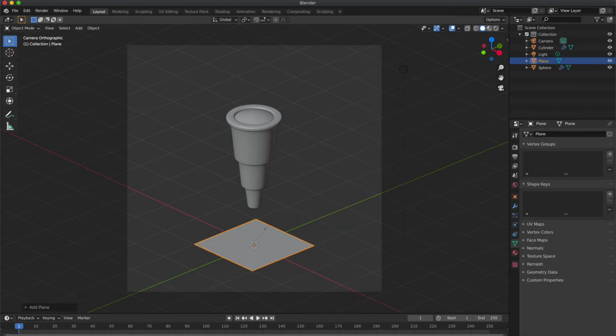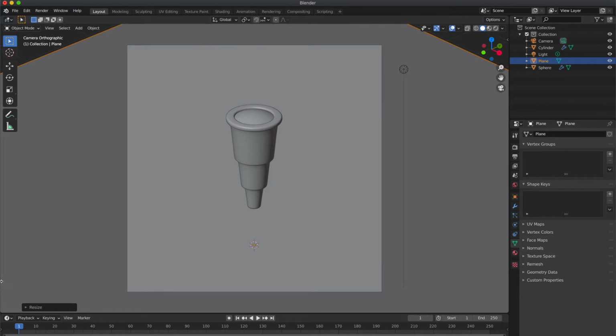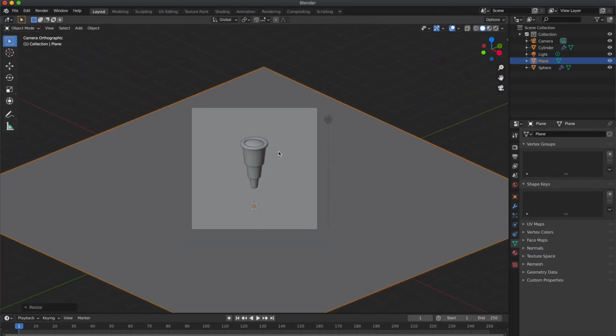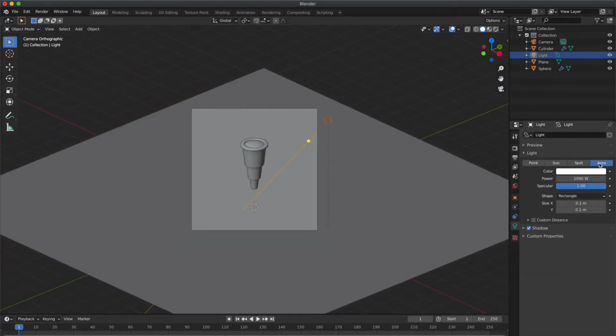Now add a plane and scale it by pressing S. Now go to light settings, change the power.